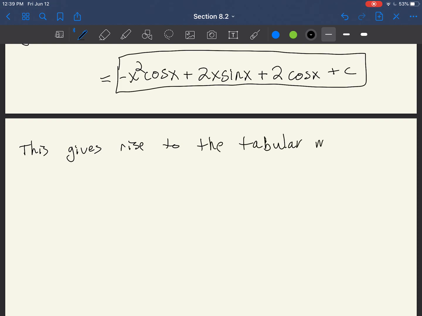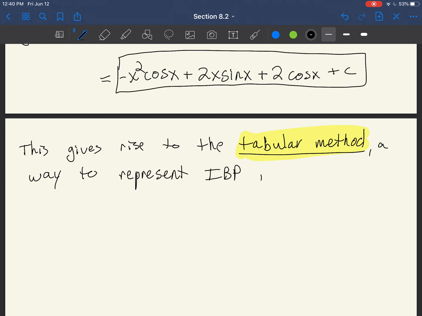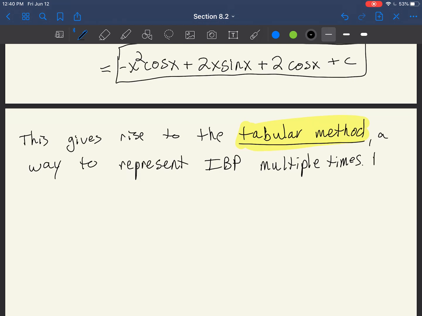This method is known as the tabular method, which is just a way to represent integration by parts multiple times. So how do you do this? You draw a table, hence the tabular method,